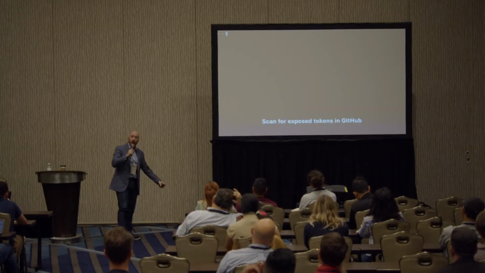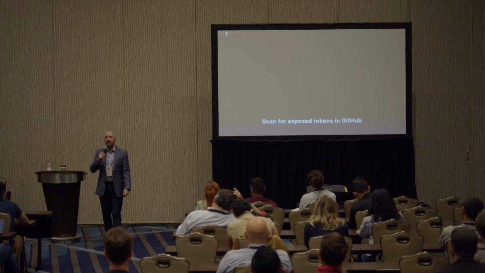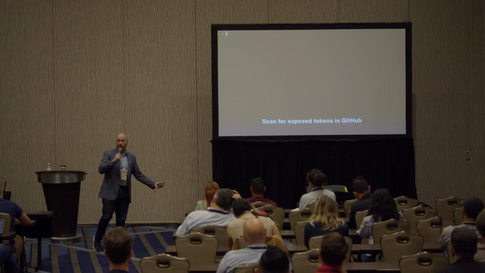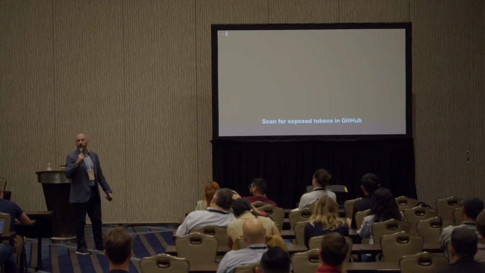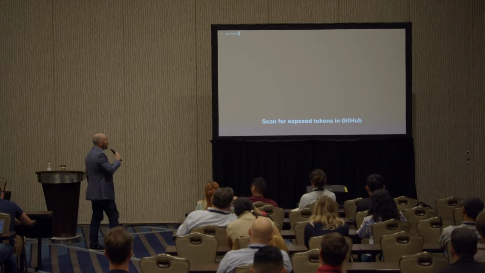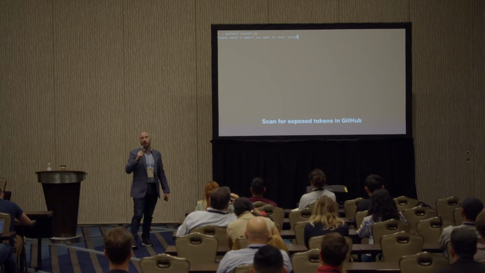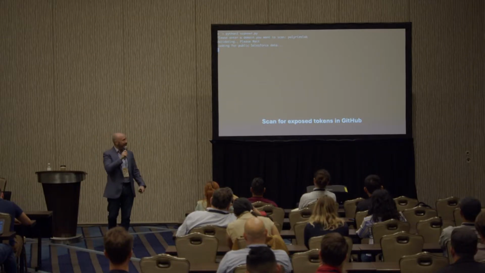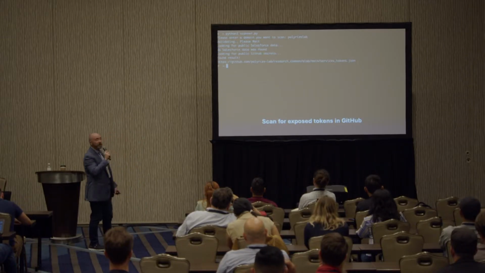So the first thing that we're going to do is we are going to do a basic scan. I've got a script that you just input a domain name, and it's going to go look for stuff, things that might be exposed. Specifically in this case, what this script is going to do is it's going to scan GitHub and it's going to scan Salesforce to see if there's anything at this domain that might be exposed. Doesn't find anything inside Salesforce. Nope, it does find some things in GitHub.